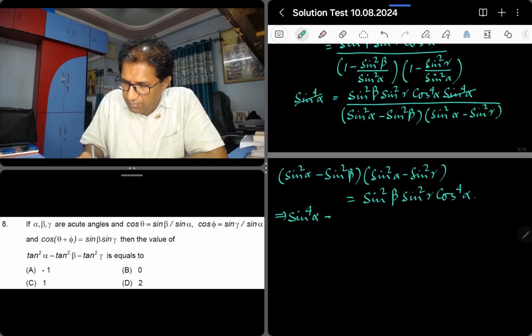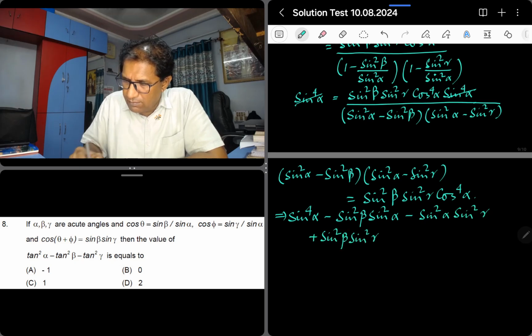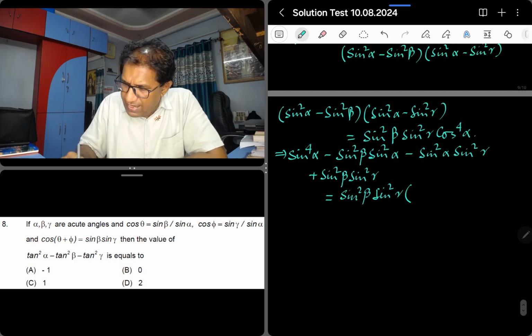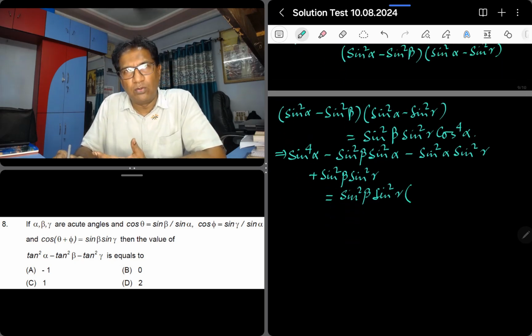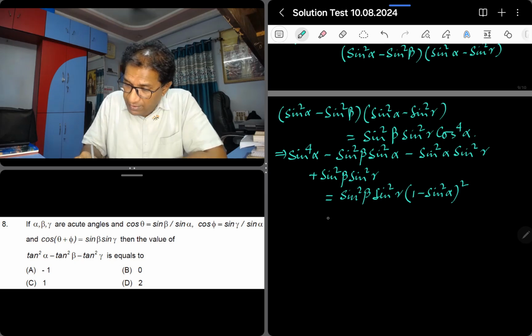Sine to the power 4 alpha minus, and in the right hand side we are having sine square beta, sine square gamma, and this is cos to the power 4 alpha, which can be written as cos square alpha whole square, and cos square alpha can be written as 1 minus sine square alpha whole square. Now if you open this,